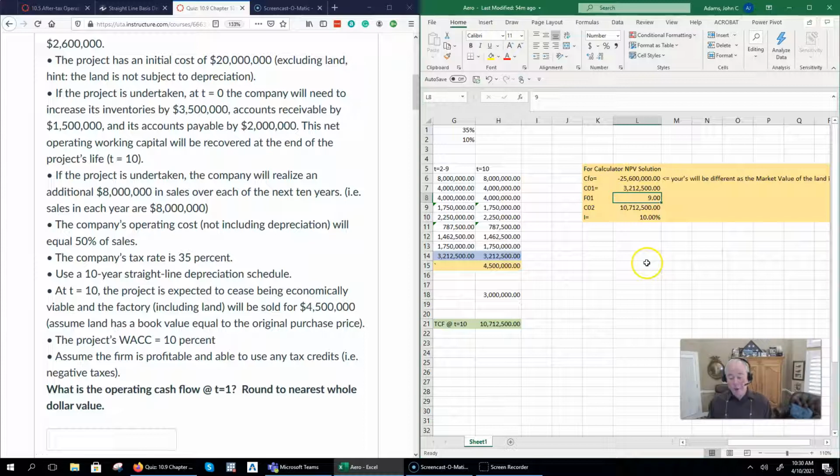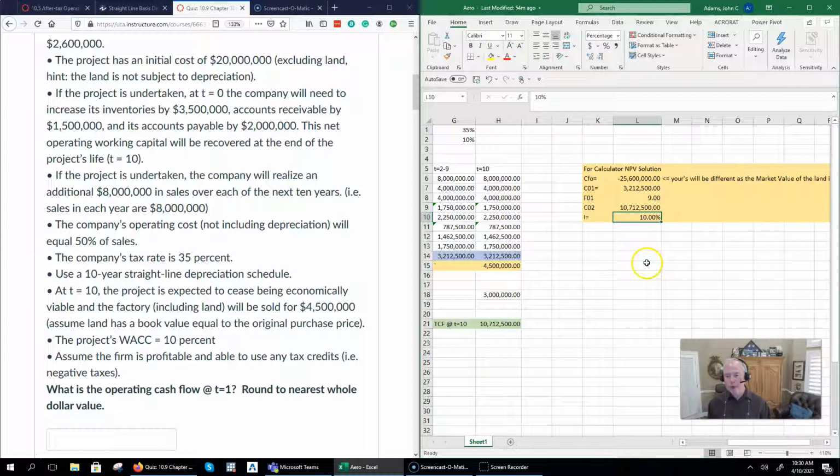Then in that 10th year, we have the operating cash flow plus the after-tax salvage value plus that working capital that we're getting back for a total unique cash flow C02 of $10,712,500. Again, the C02 doesn't denote that it happened in the second year, simply that it's the second unique series of cash flows. And I didn't put that here, but F02 would be 1. And then we push the NPV button, plug in our interest rate of 10%,